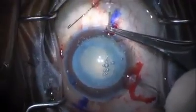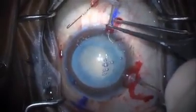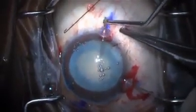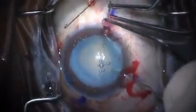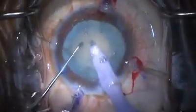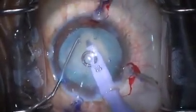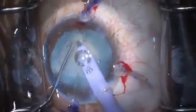So now we're going to use these MST capsule retractors. We've already done some cohesive viscodissection, so we have space between the capsule and the lens, but we're placing this MST retractor, and we've got 4 of them now, and it's amazingly solid once you get 4 of these in place. The nuclear fracture was relatively unremarkable,